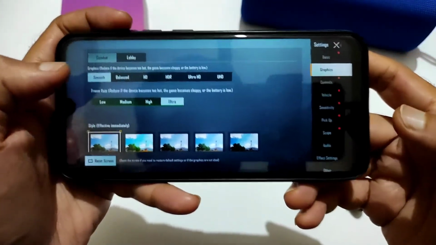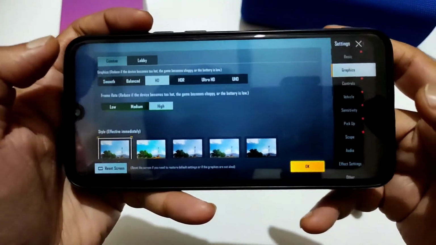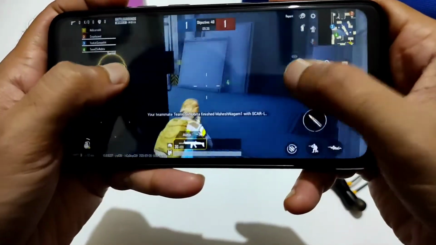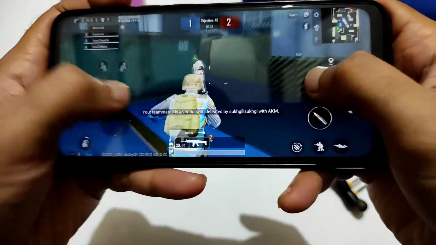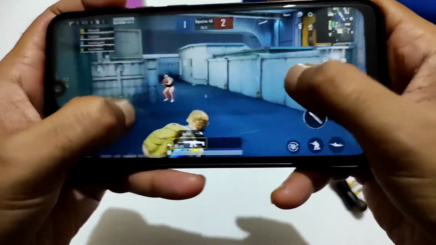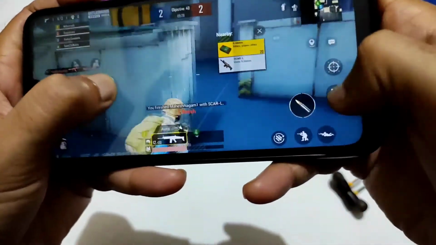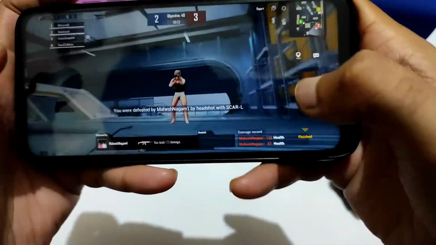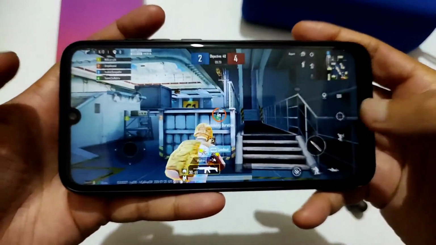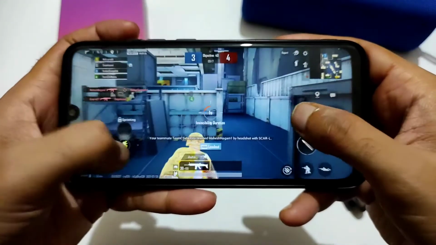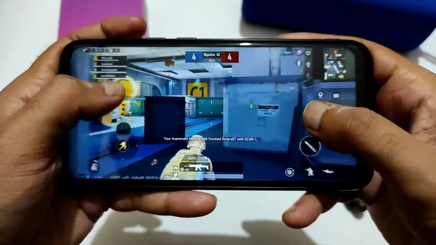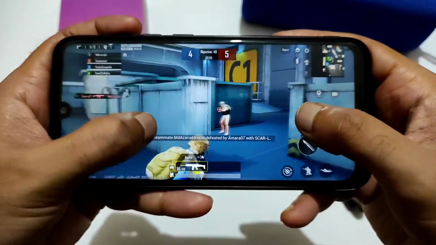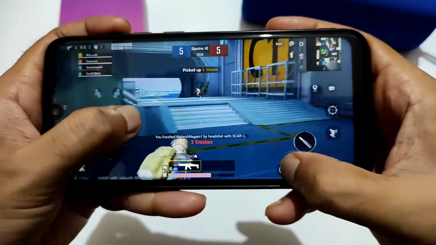Graphics, as you can see, you get smooth plus ultra, and if you want, you can even get HD and high in this smartphone. After this .os, if you want, you can enable 60 FPS by using GFX tool. It's good, better performing. You can use this ROM for gaming also, but the battery life and the interface are really good in this ROM.